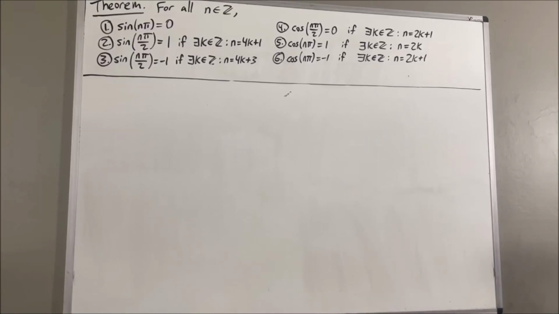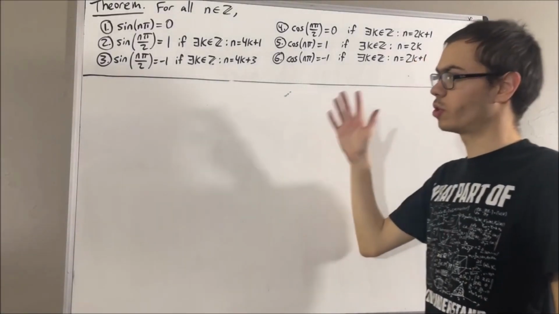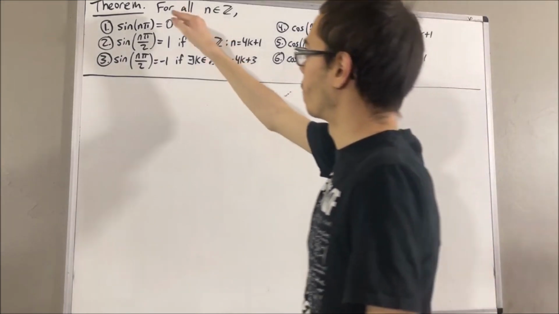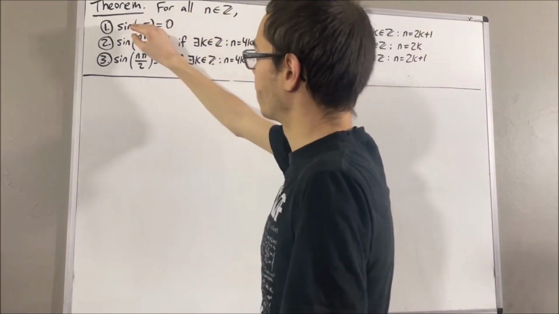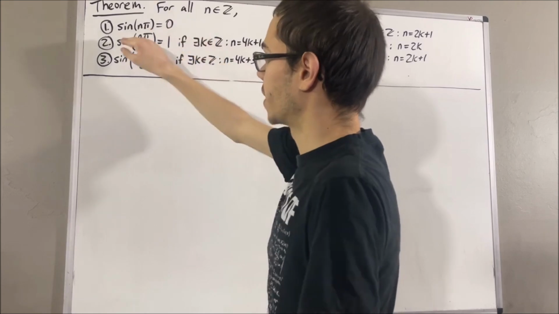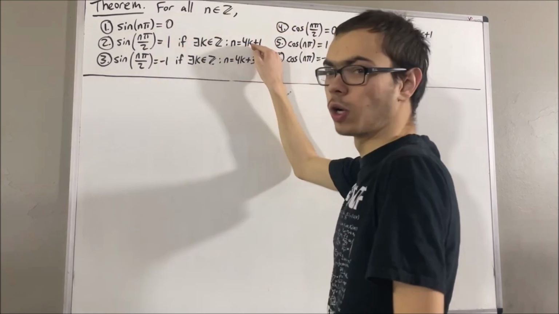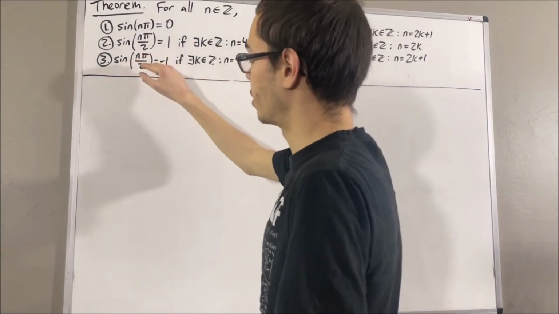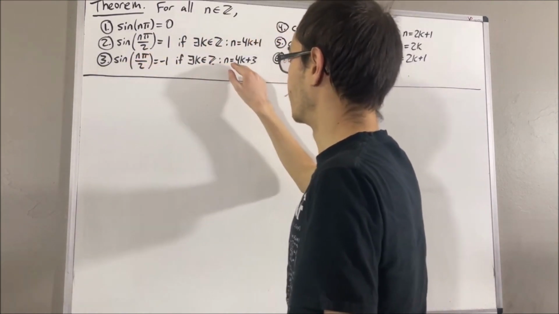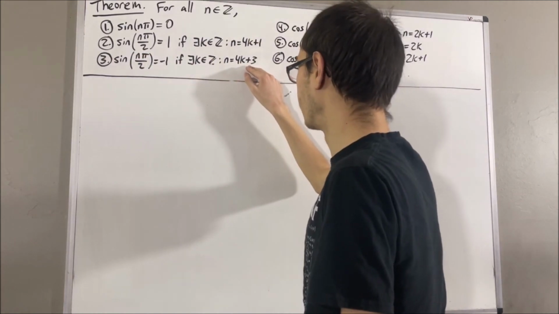Hello! In this video, we're going to discuss the following theorem. For all integers n, the sine of n pi is equal to 0, the sine of n pi over 2 is equal to 1 if n is an integer of the form 4k plus 1, the sine of n pi over 2 is equal to negative 1 if n is an integer of the form 4k plus 3, the cosine